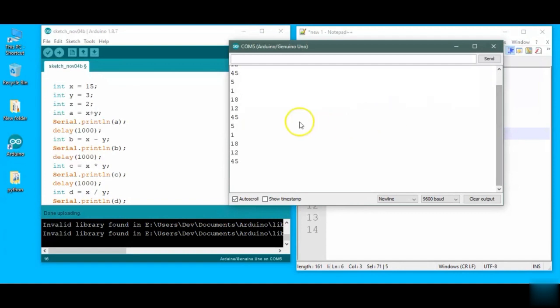So now here you can see that first of all we have the sum, that is x plus y, then x minus y, then x into y, that is 45, and after that 15 divided by 3, that is 5, and at last we have the remainder operator, then 1, and again it gets printed. So this is the way that you can use operators,